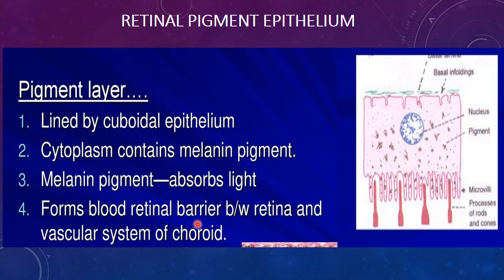So when the blood passes from the blood vessels of the choroid and diffuses into the retina, it meets these tight, zonula occludens type junctions, which result in the blood retinal barrier. By this, toxic components and other macromolecules can be prevented from gaining entry into the deeper layers of the retina. So that's how they